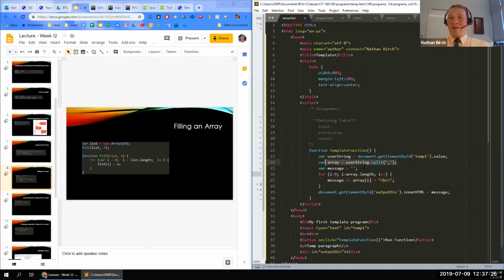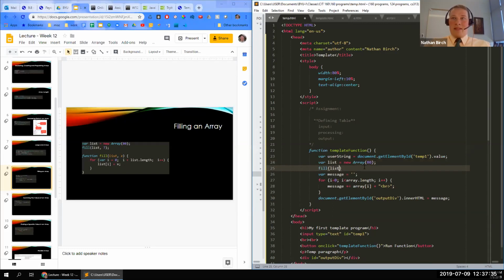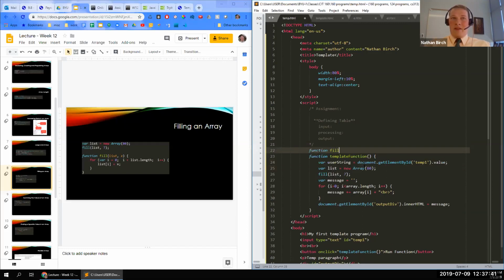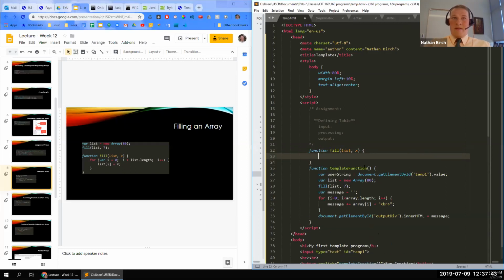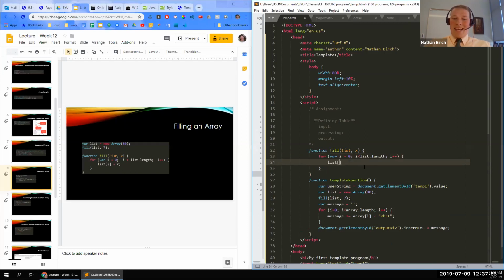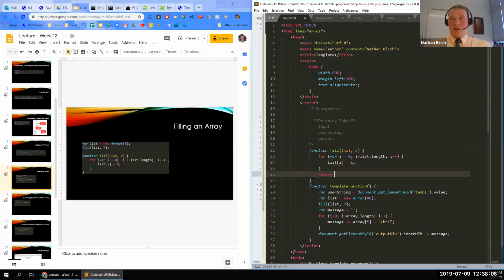So I have var list equals new array of 80. And then fill list with the number 7. All right, and I'm going to declare function fill list and x. And in here I'll say for var i equals 0, i is less than list.length, i plus plus. And then list at the index of i, whatever it's at during the loop, equals x, which will always be 7. All right. And then just for kicks, let's return list,